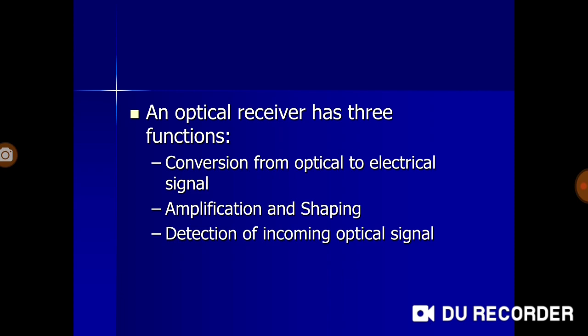And as far as our optical communication is considered as a link, we must understand that the optical transmitter is at one end, with the fibers in between, and the other end, or even if it is a direct optical transmission where we are not using optical fibers and the rays are coming in directly, even for that, the optical receiver is at the other end. That means it is receiving optical signals and will produce electrical signals or the information signals from the received optical signal. So that is the place of an optical receiver in the communication link. That is why we are summarizing the three functions of the optical receiver in this way.